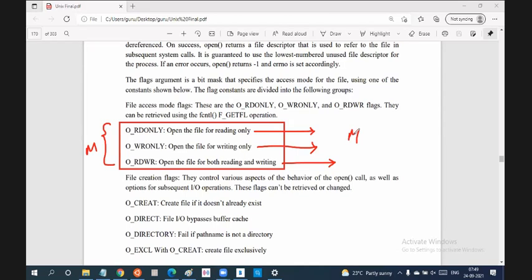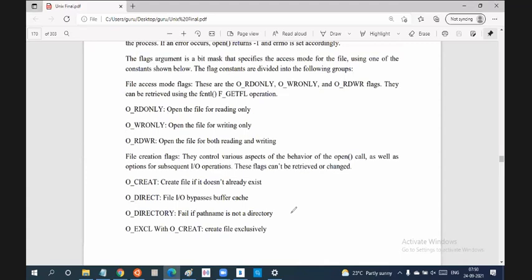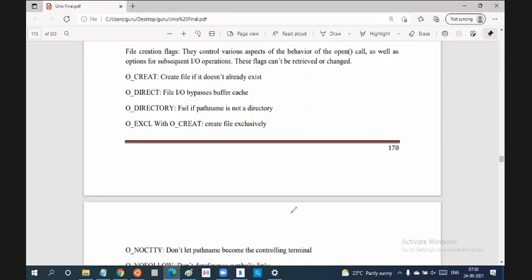O_RDONLY, O_WRONLY, O_RDWR. Next, when you come to the optional flags, there are so many optional flags. O_CREAT,